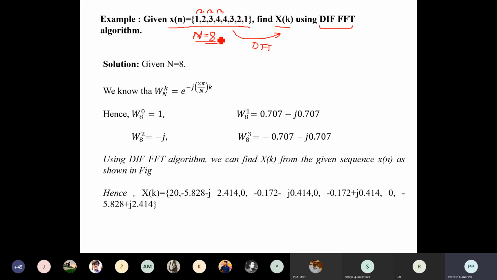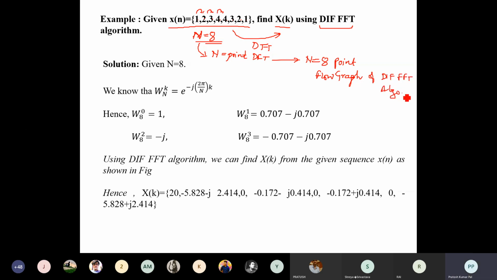If N is equal to 8, then we need to find the N-point DFT. So we will go for the N equals 8 point flow graph of DIF